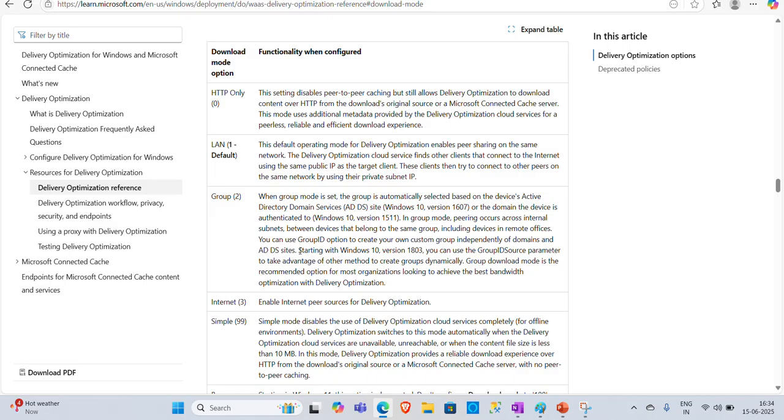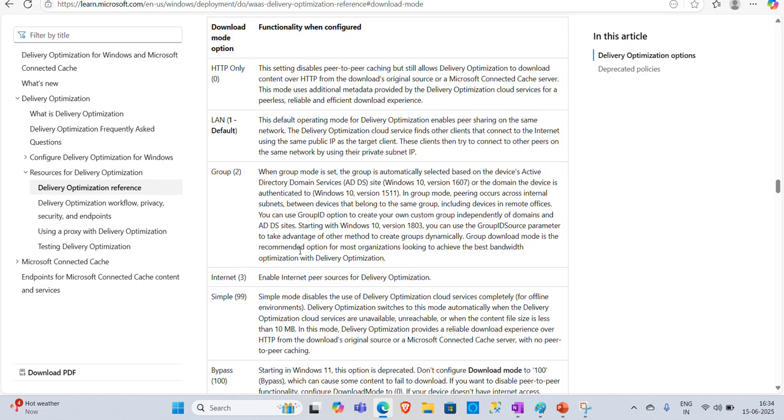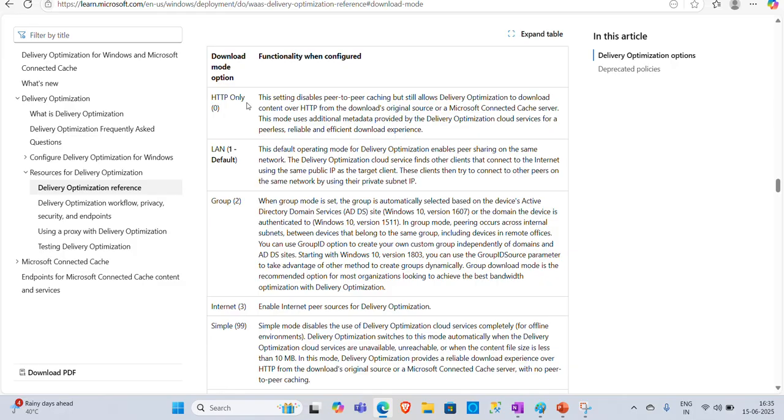Five are still active, and these download modes apply to the supported operating systems for delivery optimization, that is Windows 10, Windows 11, and Windows Server operating systems as well. Okay. Let's talk about the different download modes. So the first download mode is HTTP only. So before we actually jump into the download mode,